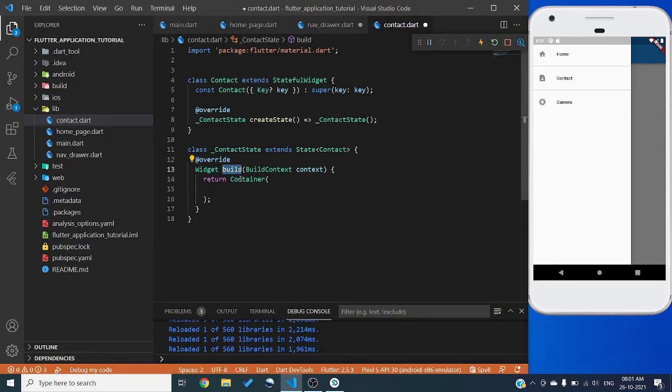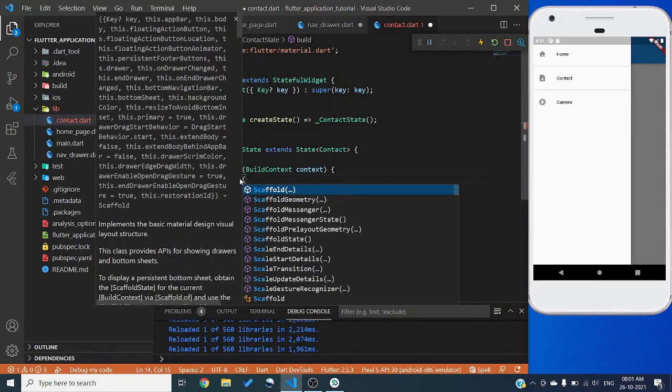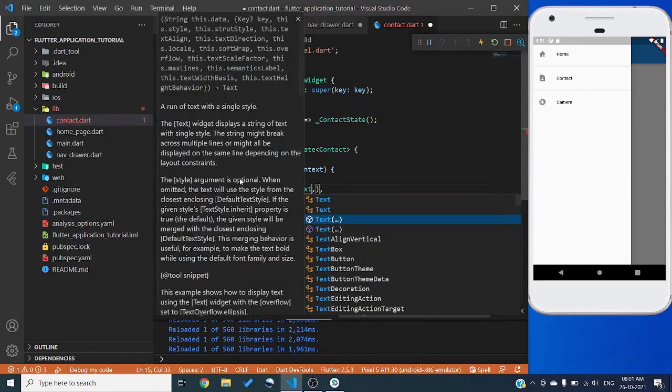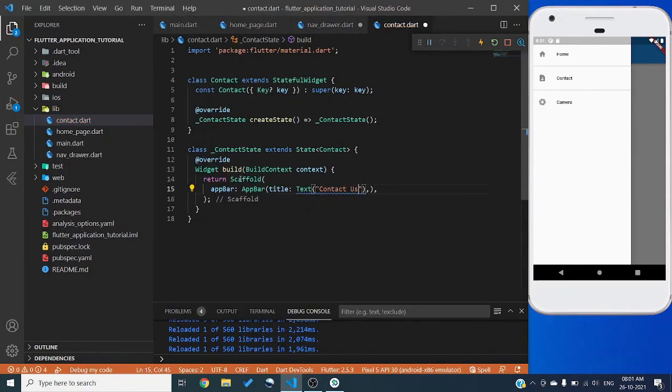Now inside container let's quickly replace it with scaffold, app bar, and passing title contacts. Next add body, contact page. Okay,